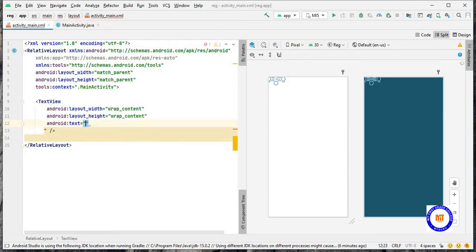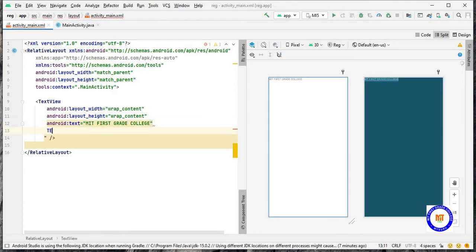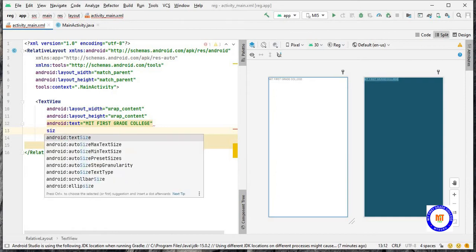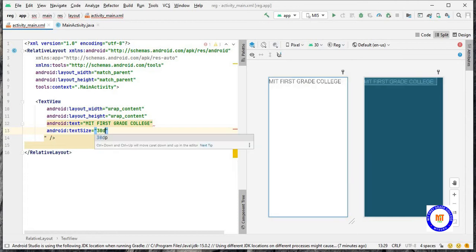I'll be changing this to MIT First Grade College. I'll change the size of it, text size. Let this be 30 dp.